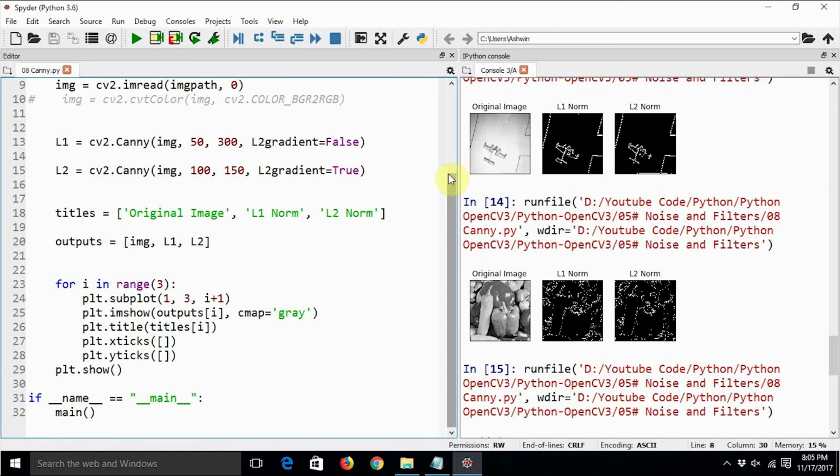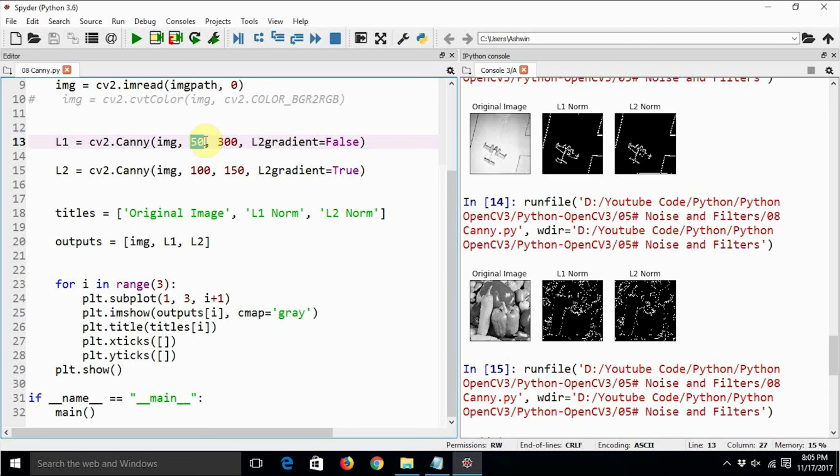You can just write code where sliders are adjustable: for lower gradient, gradient 1 should be adjustable from 0 to 150, and for upper gradient it should be adjustable from 151 to, say, 500.